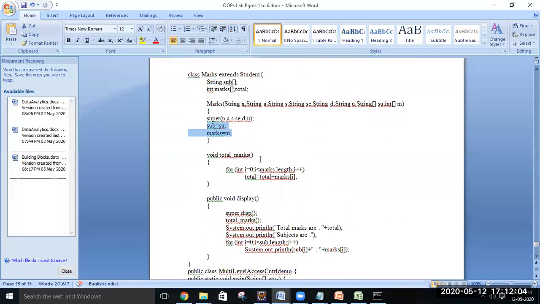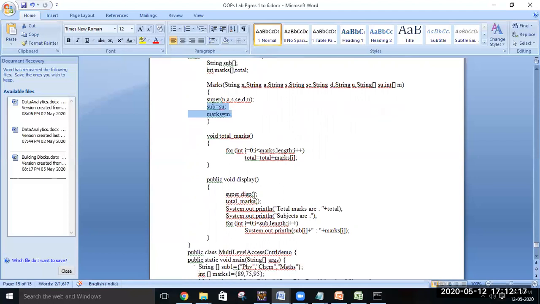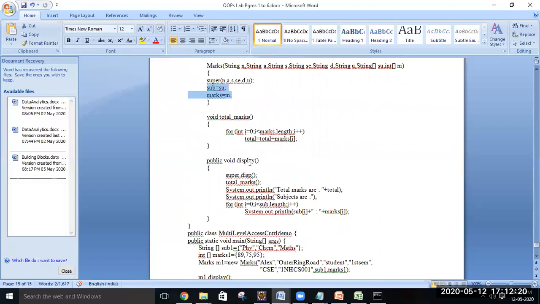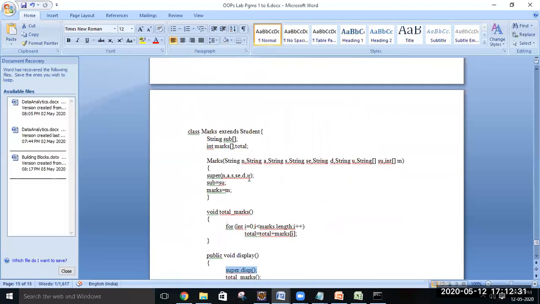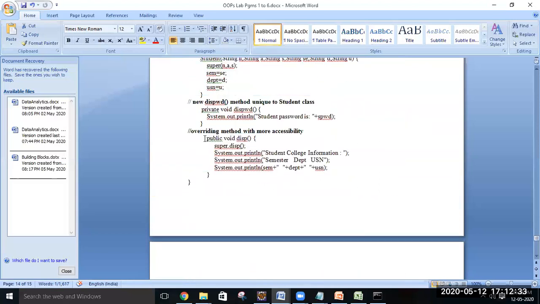To calculate total marks, we have used a for loop, which gets the details from the marks array and adds the elements inside it, stored in the variable total. Then we have a display method inside the Marks class also. It calls the display method of its superclass, Student, so all these details will be printed.